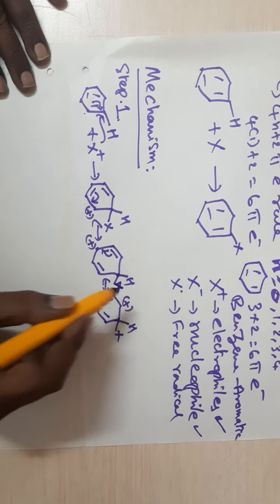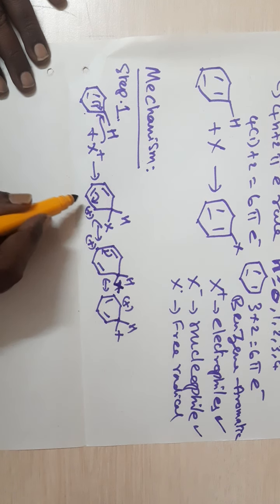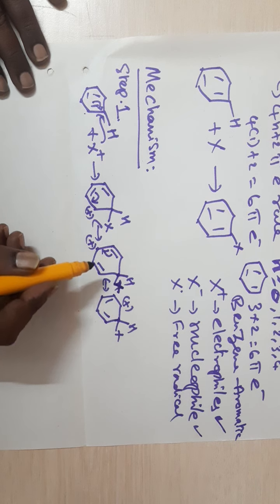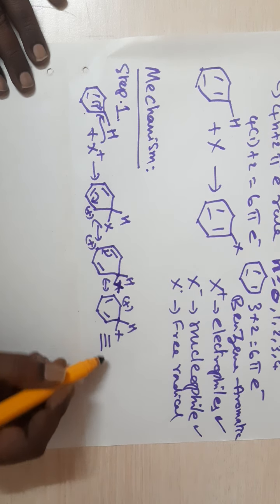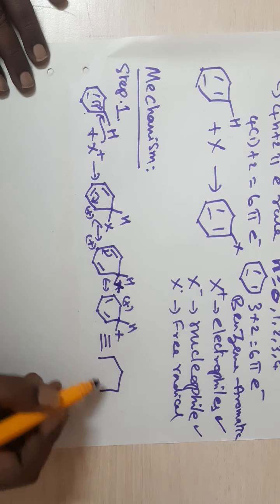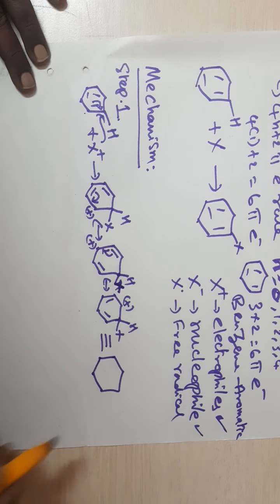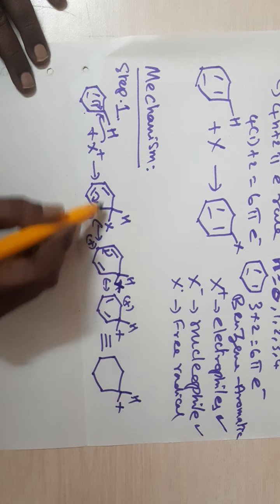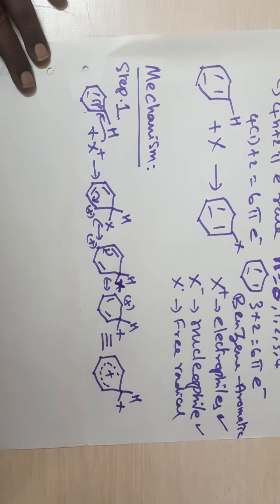So atom X, substituent X. The intermediate that is obtained by the attack of the electrophile is resonance stabilized. When you have a set of resonance stabilized structures, you can represent it by a resonance hybrid, the average of all three structures. That is called the resonance hybrid. I am drawing the resonance hybrid, the average of these three structures. So this is the resonance hybrid.